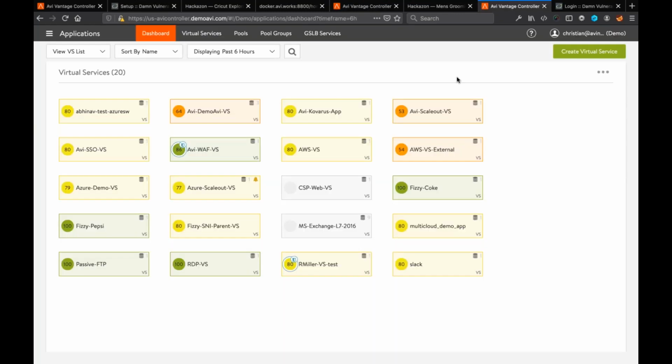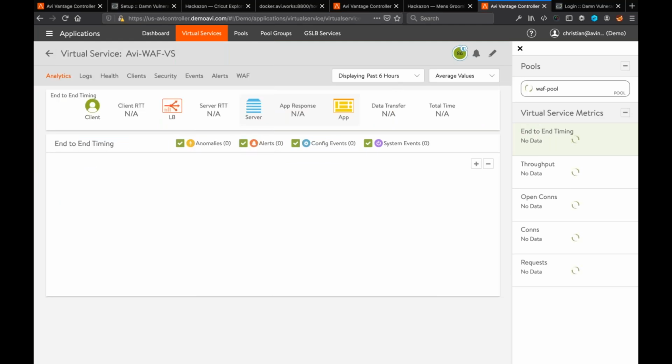So if we have many applications configured, or many virtual services as in this demo system, if we have one that is secured via the application firewall, we actually can see that by the little shield around the health score here, and we can go into the virtual service here and have a look.